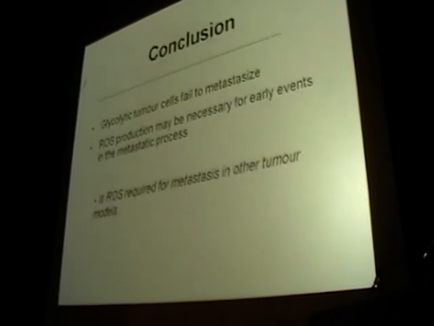models. So in conclusion then, the glycolytic tumour model cells have failed to metastasize, and this may be due to events in the early metastatic process involved with signalling due to reactive oxygen species and peroxide. And I guess we're now setting up to look at whether this is a common phenomenon in other tumour models. In breast cancer, we're beginning to set up the 4T1 model, and we'll investigate whether or not the mitochondrial genome has similar knockout, has similar characteristics in this model.